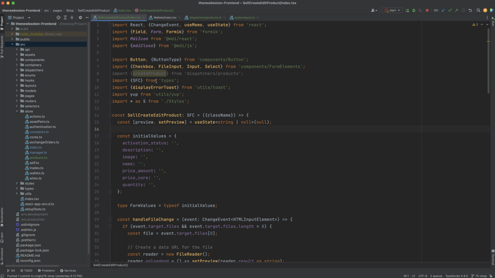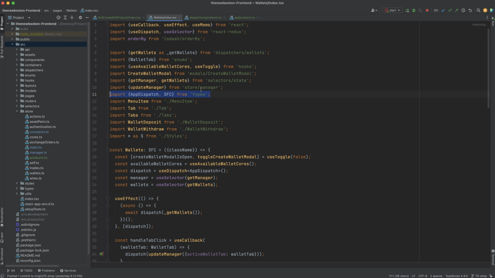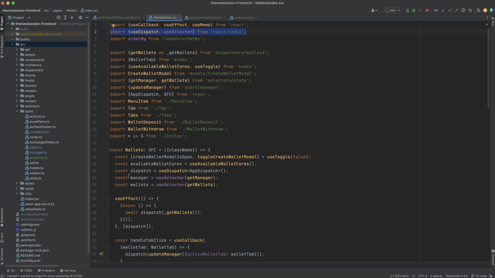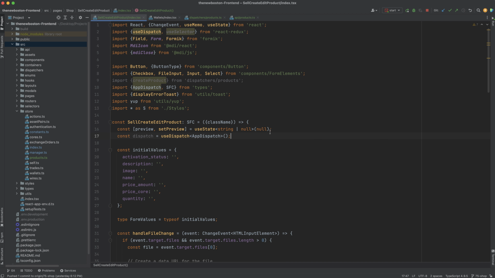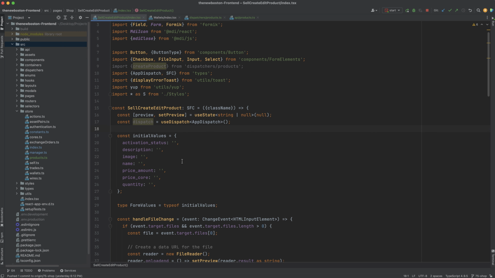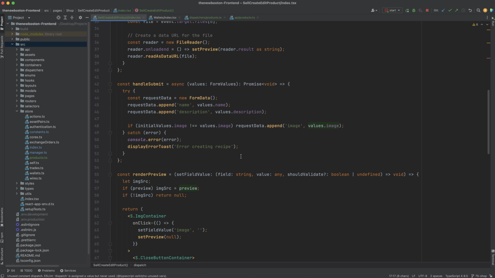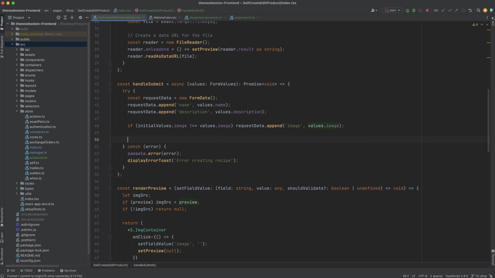So from types, app dispatch, and then use dispatch is going to come from React Redux. And all right, so now I can dispatch things. And what am I going to dispatch? This create product event. So I will say, whenever I submit this,